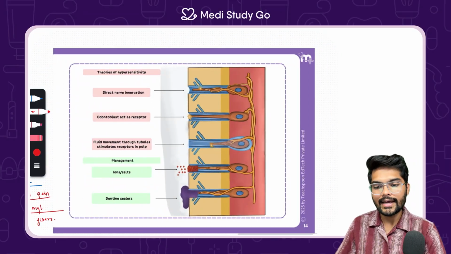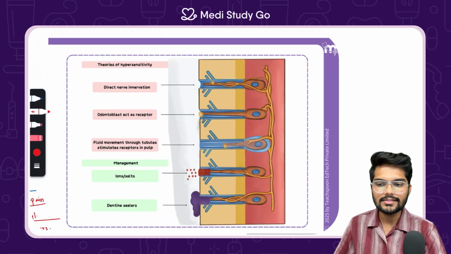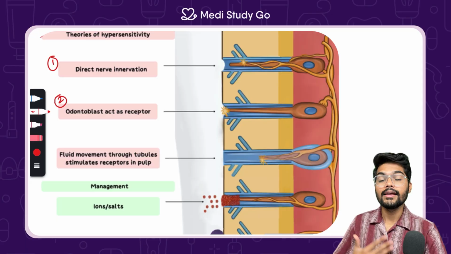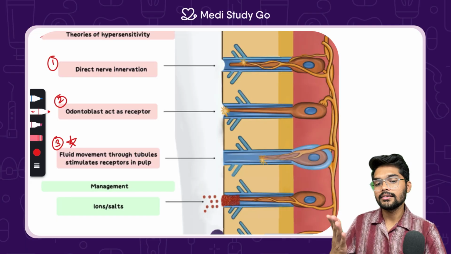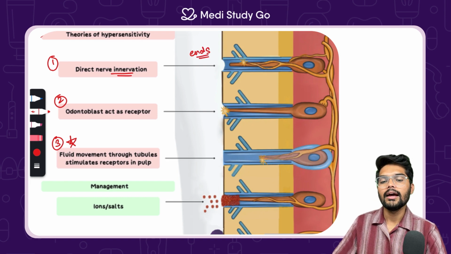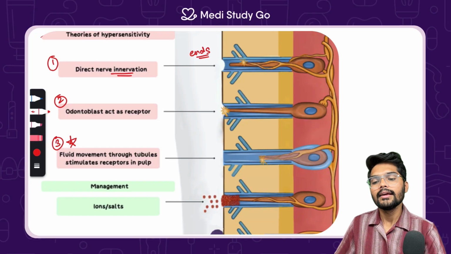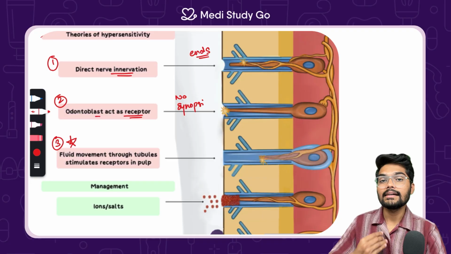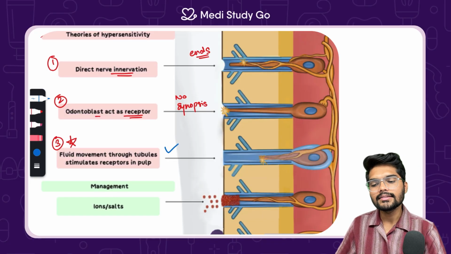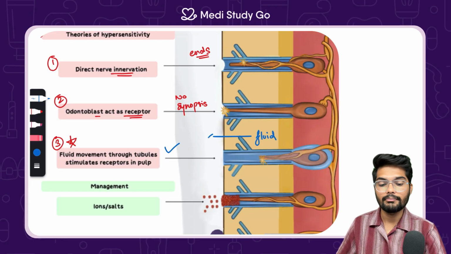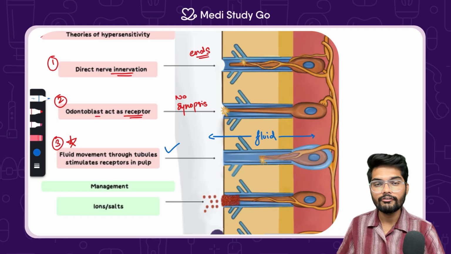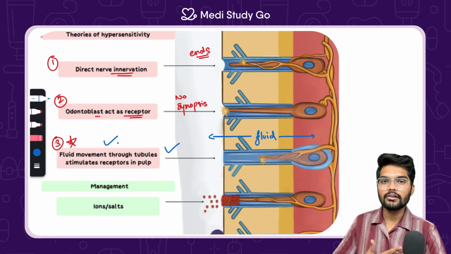Let us go through this diagram, which is going to demonstrate all of these theories. According to the direct nerve innervation theory, the openings or the ends of dentinal tubules are going to be stimulated or activated when a stimulus is presented. Second is odontoblast acting as a receptor, which we discussed. And the third is fluid movement through tubules stimulates receptors in pulp. Basically, there is going to be fluid movement which is going to cause all of this nerve imbalance or the